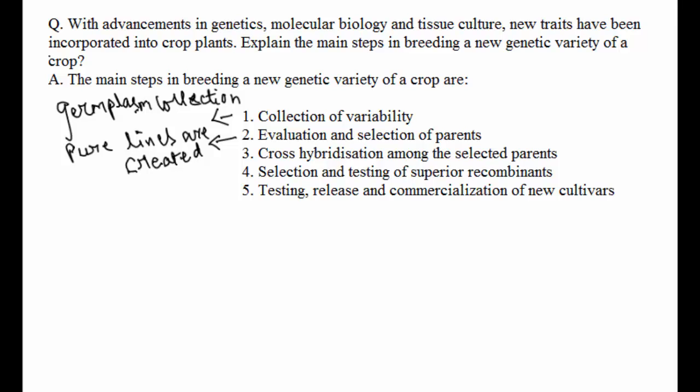With advancements in genetics, molecular biology, and tissue culture, new traits have been incorporated into crop plants. Explain the main steps in breeding a new genetic variety of a crop. So, the main steps in breeding a new genetic variety of a crop are: there are 5 steps: collection of